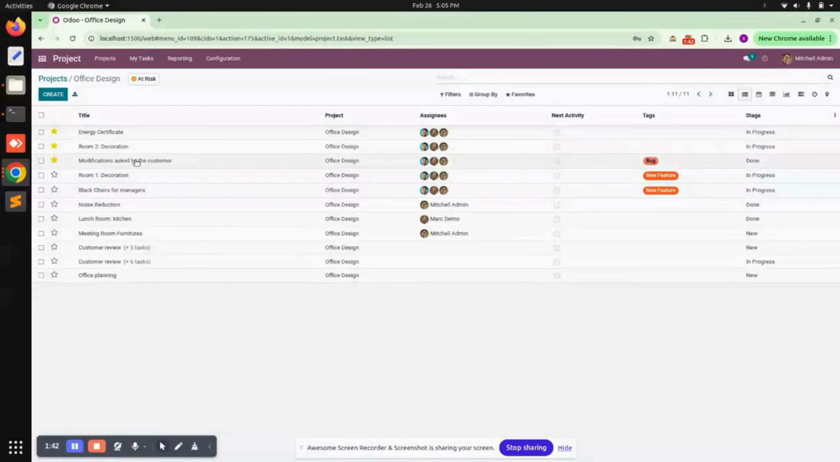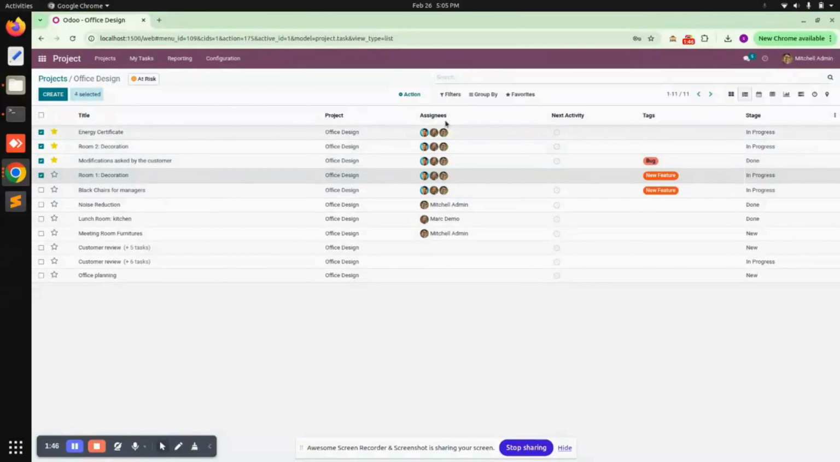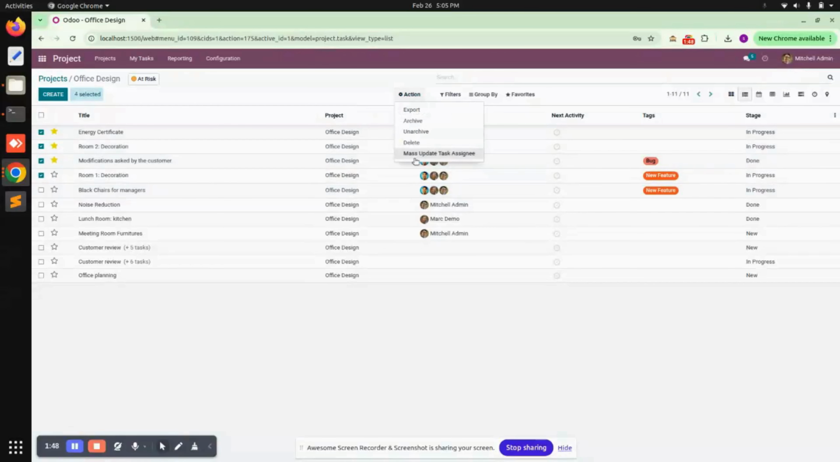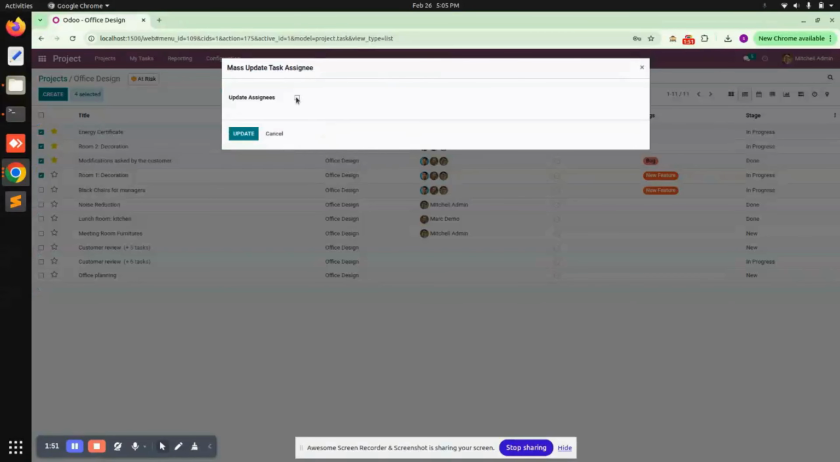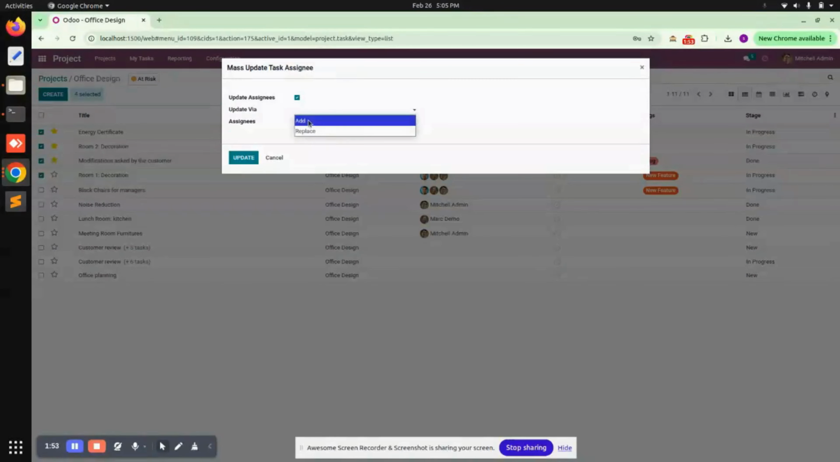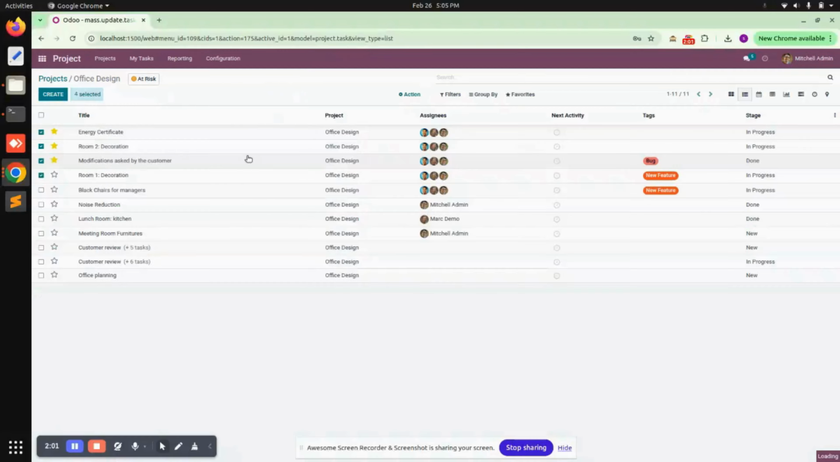Now let's suppose I want to replace the assignees with one of them. So I select the projects again, go into the action mass update task, and enable this. Here I will choose the option of replace, and I want to replace them with Joel Wills. So I will click on update, and here you can see all the selected projects are